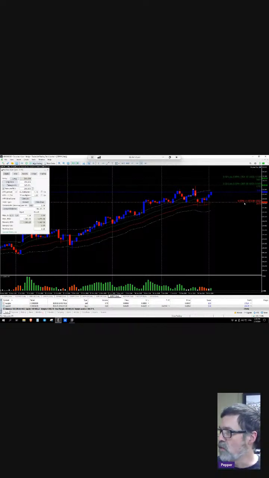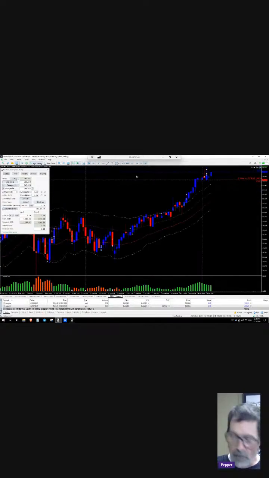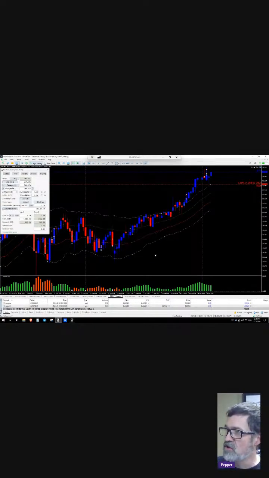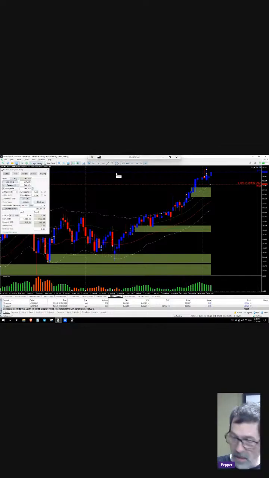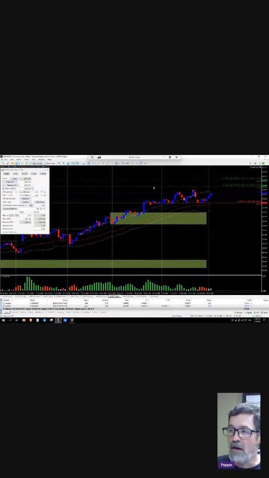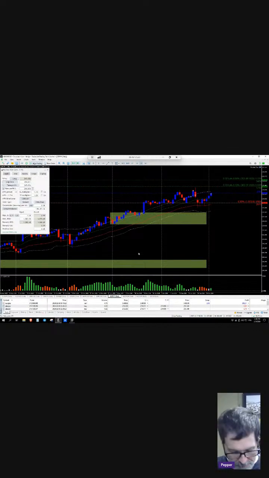I can verify that's 1% there. Everything looks good. Let me make sure those lines are where they're supposed to be, and they are. Let me do one last check here. Go up to the weekly chart, drop my supply and demand tool on here, make sure there's nothing in the way, get rid of it, drop back down to the daily chart, and nothing overhead. All right, so there's nothing in the way. There's no reason not to, so we're going to get into that trade right there at market, and boom,